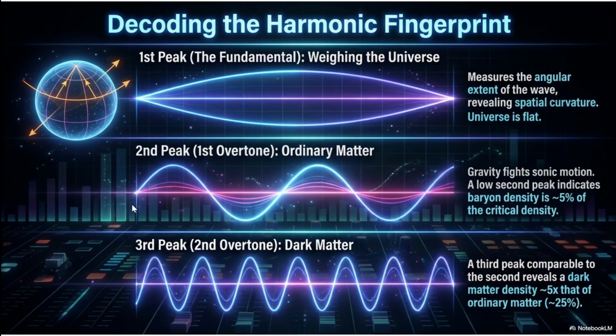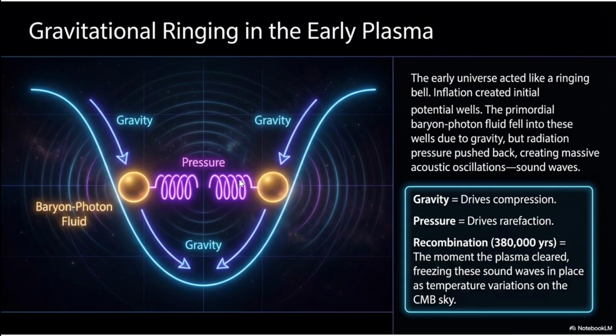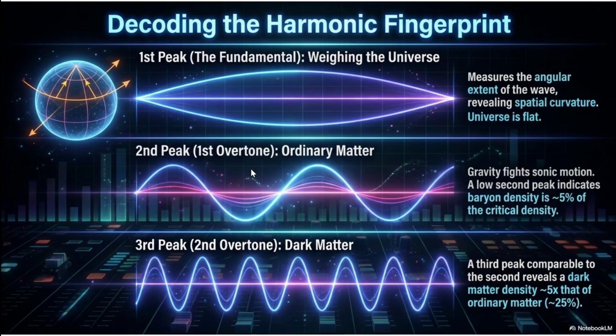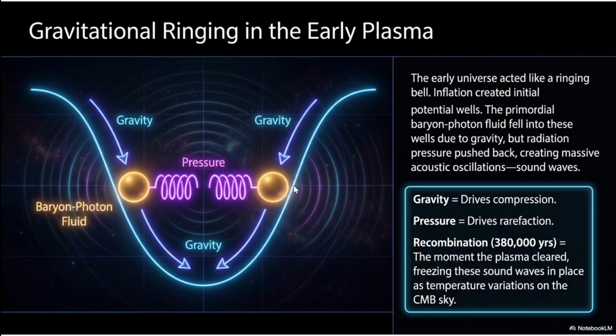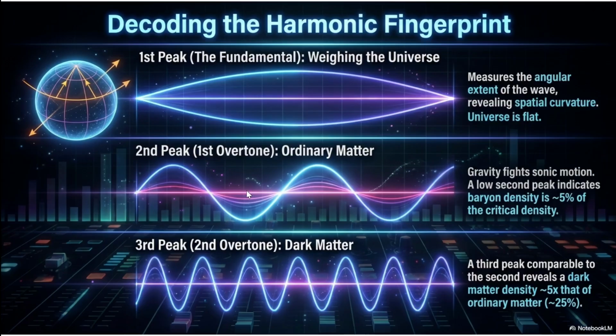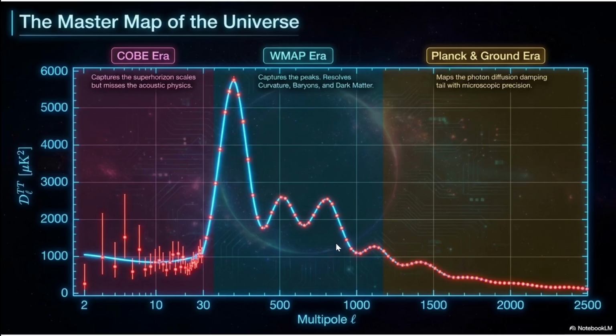For the second peak, this allows us to better understand how much ordinary matter is related to these oscillations or these waves. And for the third peak, the amount of dark matter influences at smaller scales how much matter is able to be pulled in. And so this is true all the way down. And by measuring not just the first peak, or first two peaks, but by measuring the first three, we're able to look at the ratio of those acoustic waves and find the amount of dark matter that exists.